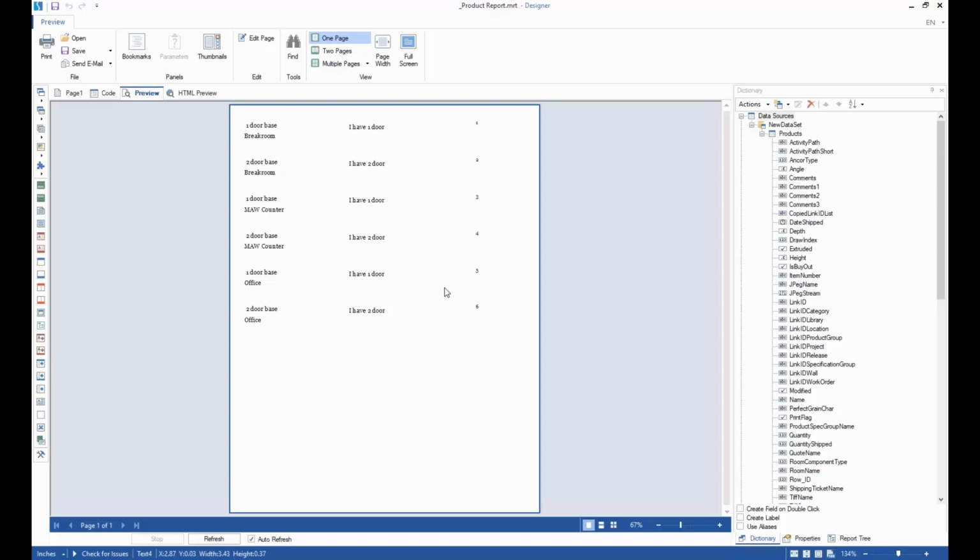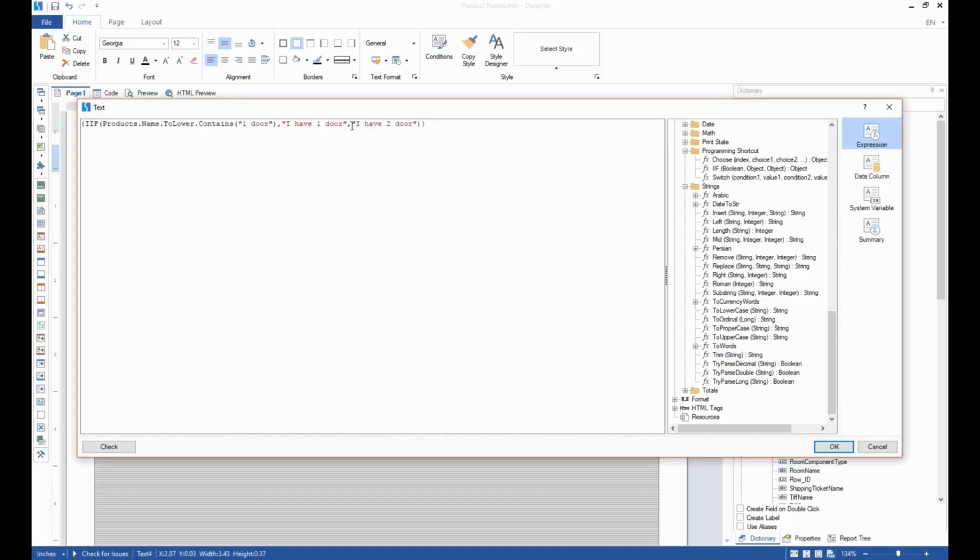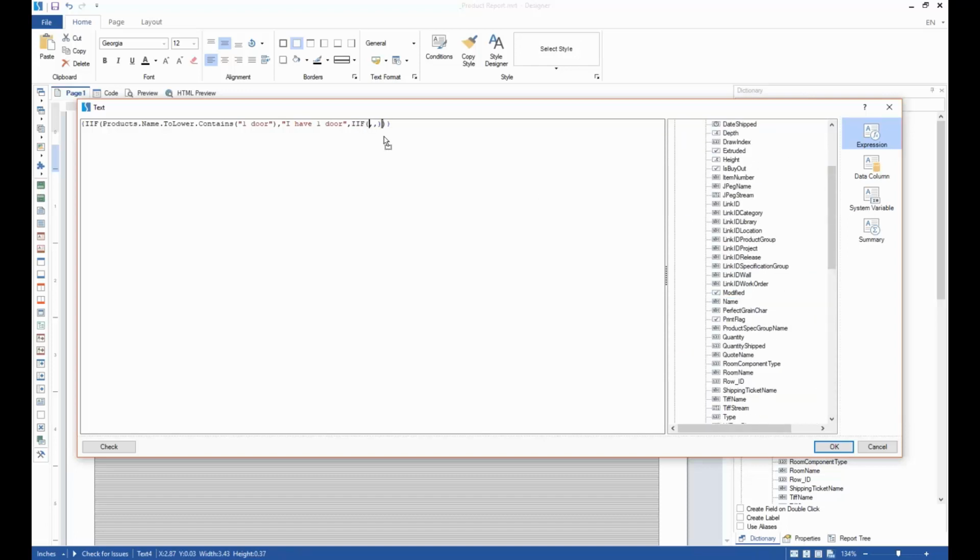So that's how those if statements can be used to evaluate an expression and display different types of value in that same component. If statements can also have multiple, they can have nested if statements. It can get kind of complicated to follow sometimes, so you have to be careful when you're doing it. But let's say we wanted to calculate here and say, if my product's name .toLower contains one door, then I have 1 door. Otherwise, maybe we want to do another expression. We can drag our if statement here, say, okay, otherwise, if our product name